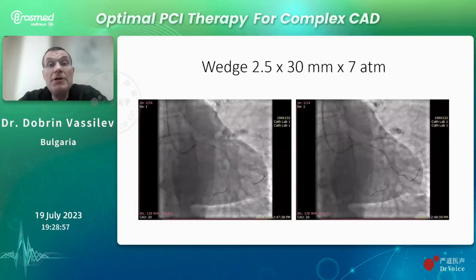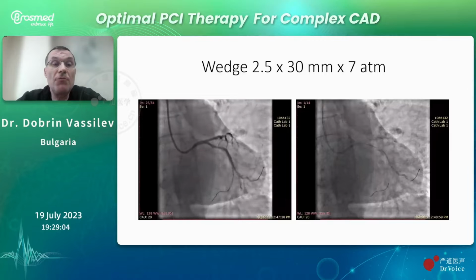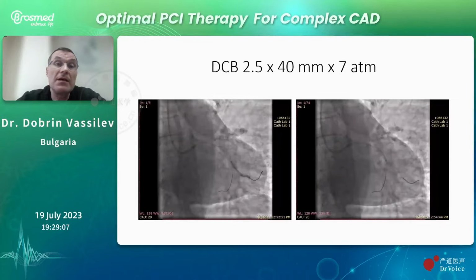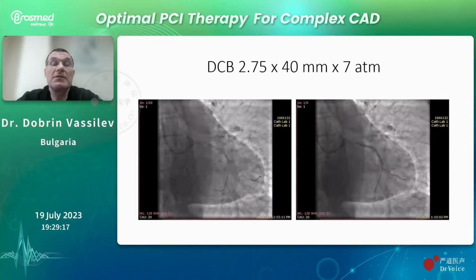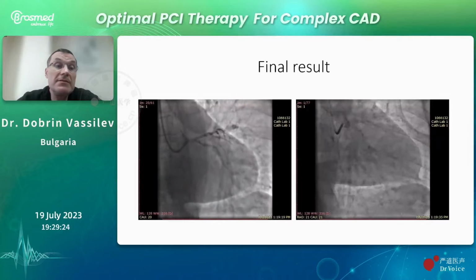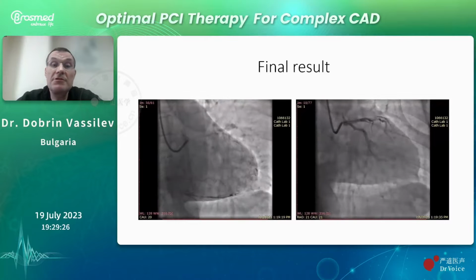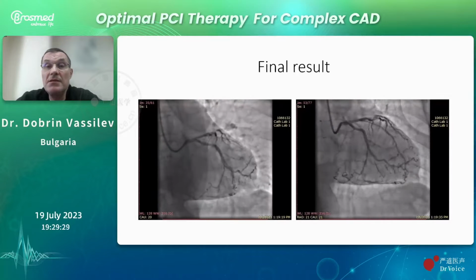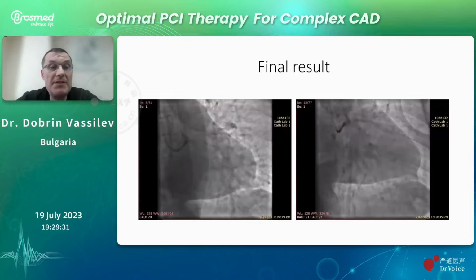And then we proceeded with the wedge balloon 2.5 to 30 millimeters for the distal lesion and the whole proximal segment, which was followed with a DCB 2.5 to 40 millimeters for the distal lesion, and the same for the 2.75 balloon for the proximal circumflex. And this is the final result for this lady, and she will be admitted next week for the PCI of the